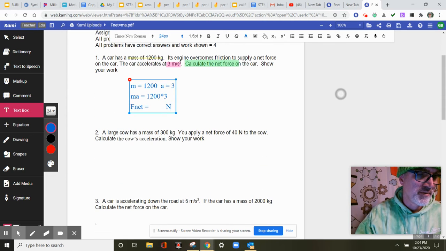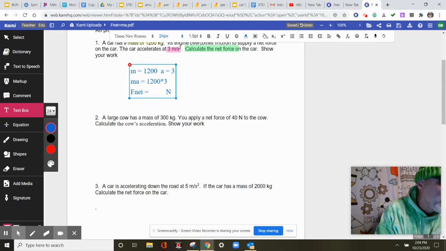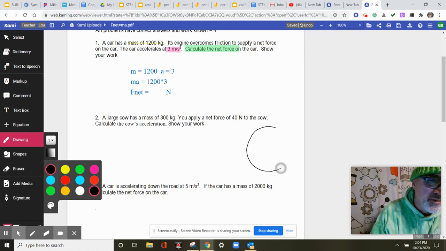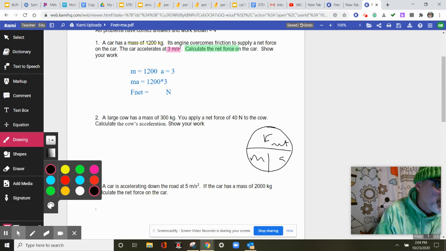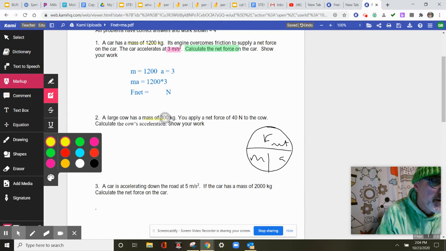All right, so now we have a large cow with a mass of 300K. And so here again, let's go drawing. Just going to put my equation here real quick. The net force is equal to MA. All right, so the mass is 300. And calculating the acceleration,